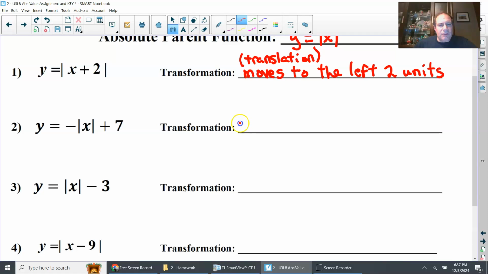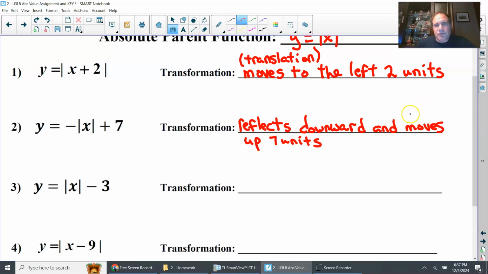All right. So the transformation is that it reflects down and moves up 7 units. And you could put translates